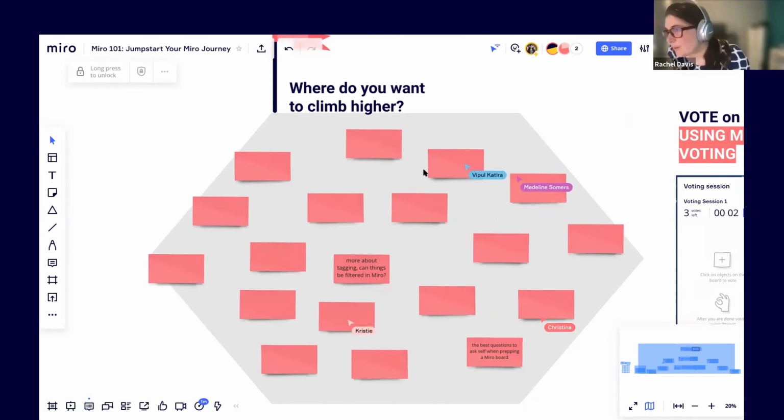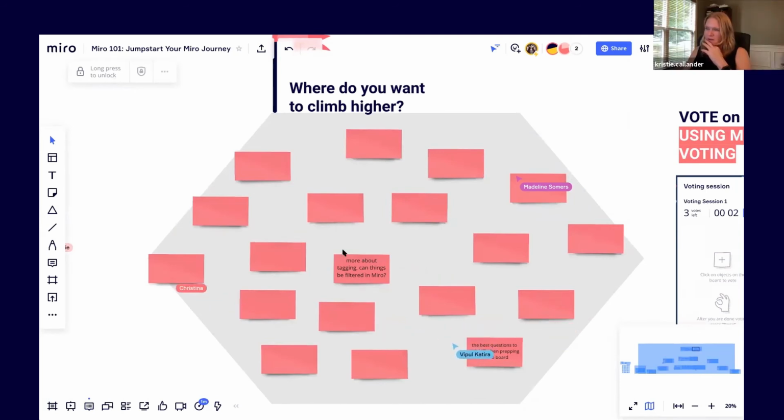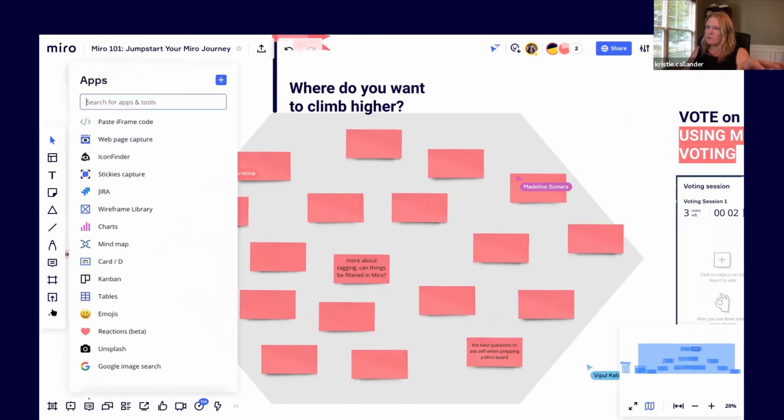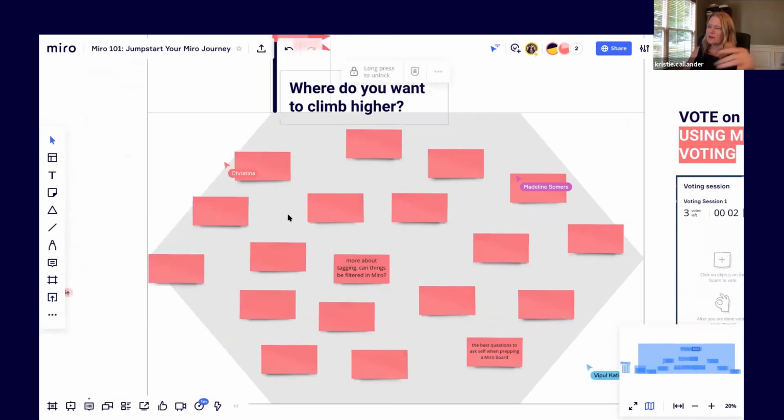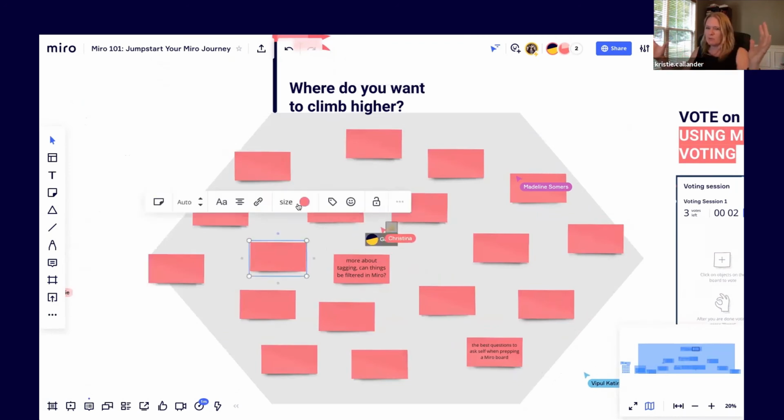All right, more about tagging. Can things be filtered in Miro? That's a good question because I don't know the answer to that, but I will find out the answer to that. Well, I noticed that you had put B2B. Yeah. And in that particular section you were using this pink color. So it was kind of hard to see the B2B. And I imagine just looking at this board with so much stuff.